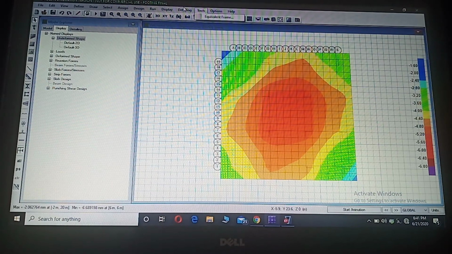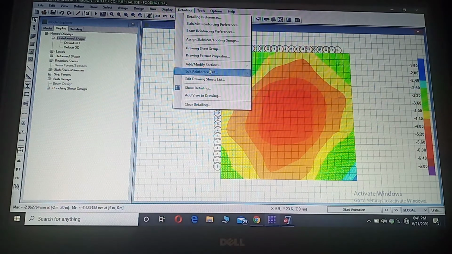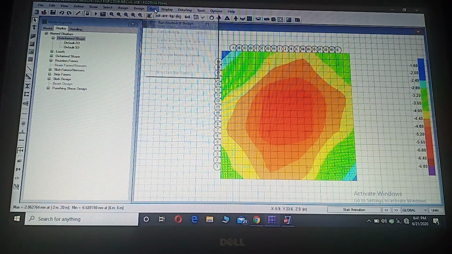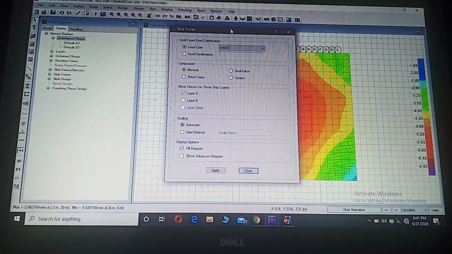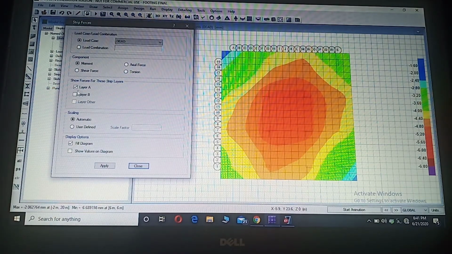Now we can see the detailing. I'm showing together in both A and B directions.